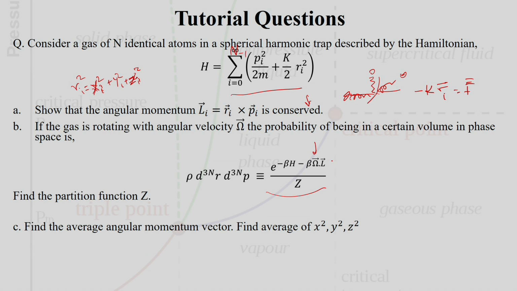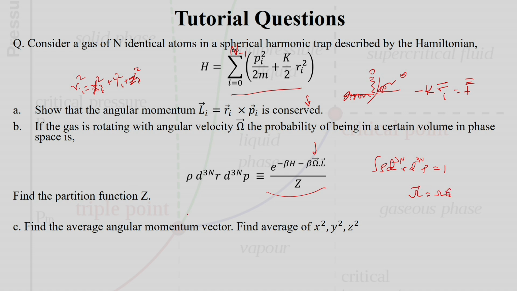So the idea is to find the partition function by imposing the condition that the total volume in phase space is conserved and normalized to 1. Alright, so the third question is: if omega is in the z direction,